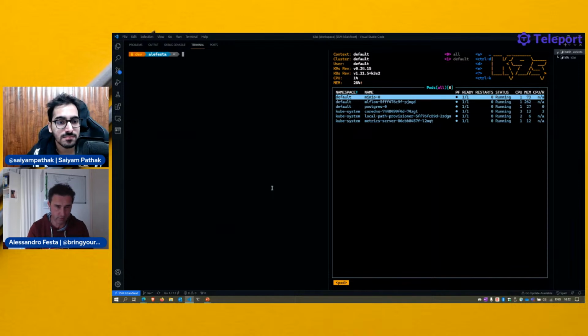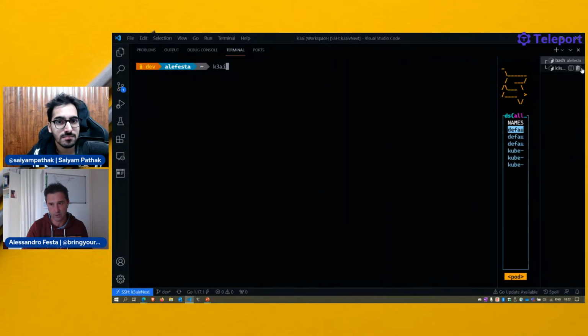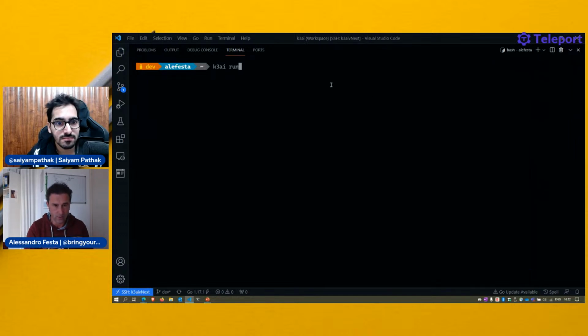Sometimes this stuff could be buggy, but let me just do this. What if I say K2ai, this one. Actually, I can close it. Run what? Give me a source, like https://github.com/K2ai/quickstart. Give me a backend, MLflow, and tell me where I need to run this, as long as MLflow is there. My cluster, that's all I need. Run my code using MLflow as a backend on that cluster.